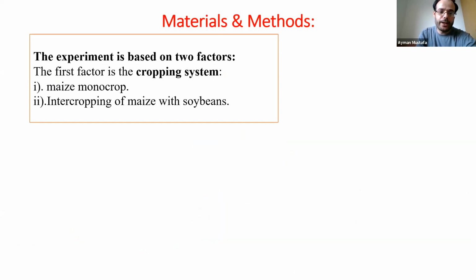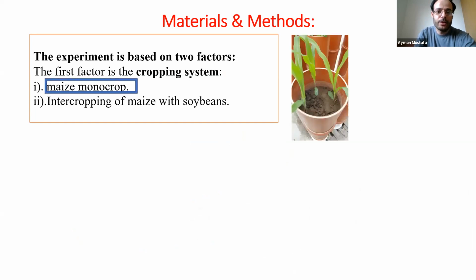We have two factors in this experiment. The first factor is the cropping system. We have two cropping systems in our experiment. We have maize monocropping alone. I've sown